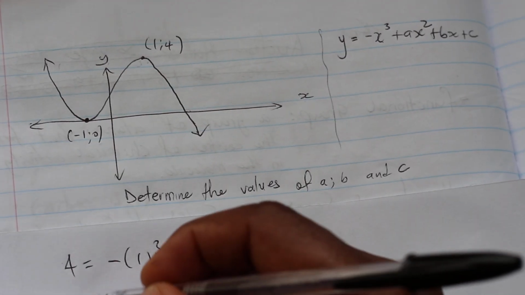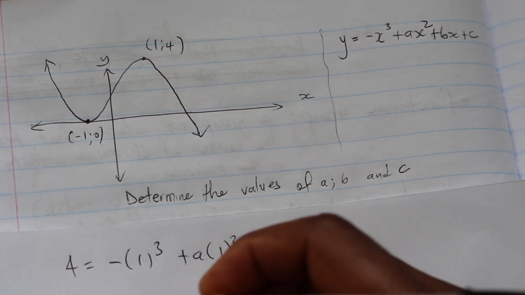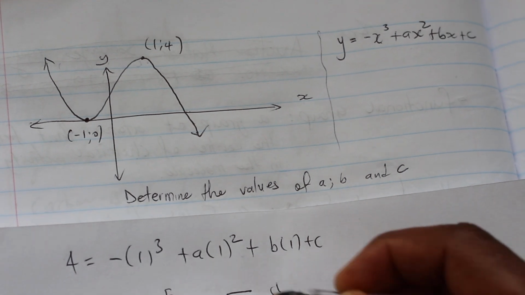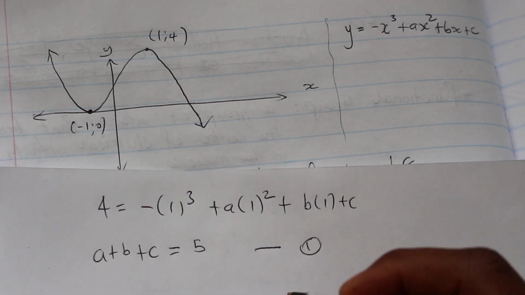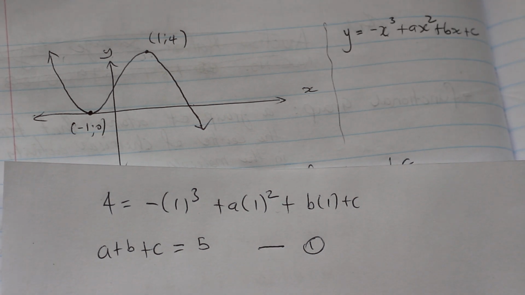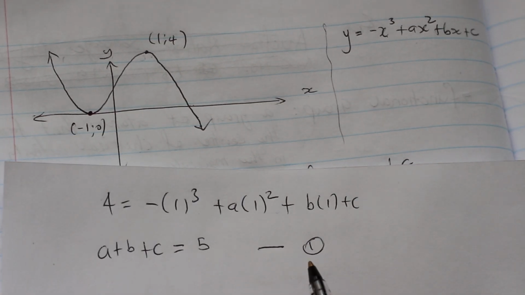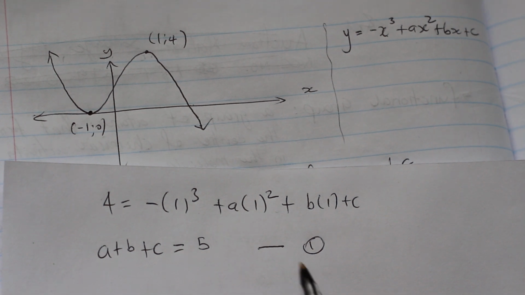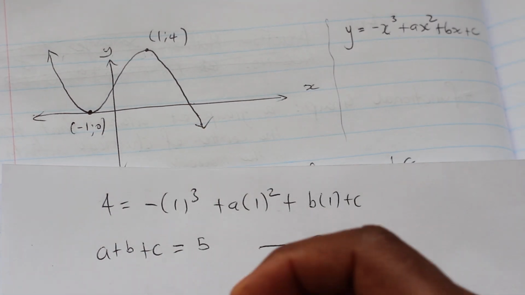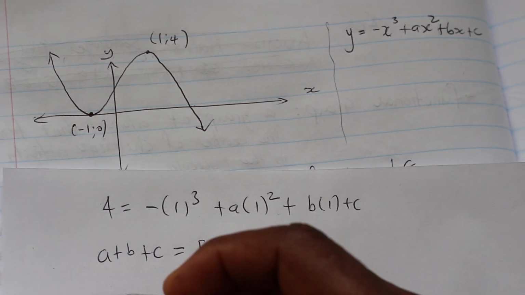So a plus b plus c is going to be equal to 5. We'll just say this is our first equation. And then we're also going to substitute the point -1:0. So 0 is